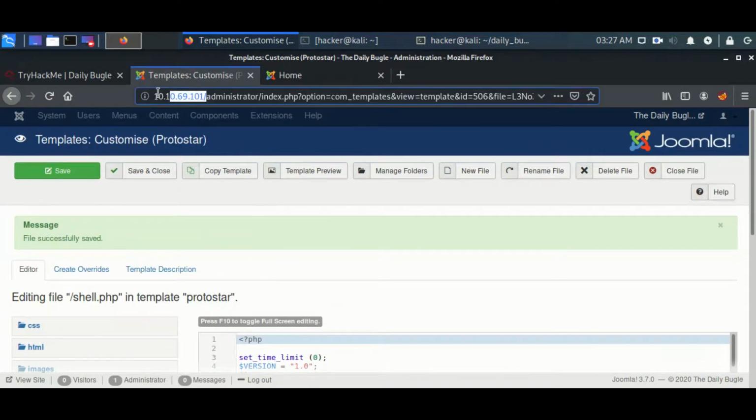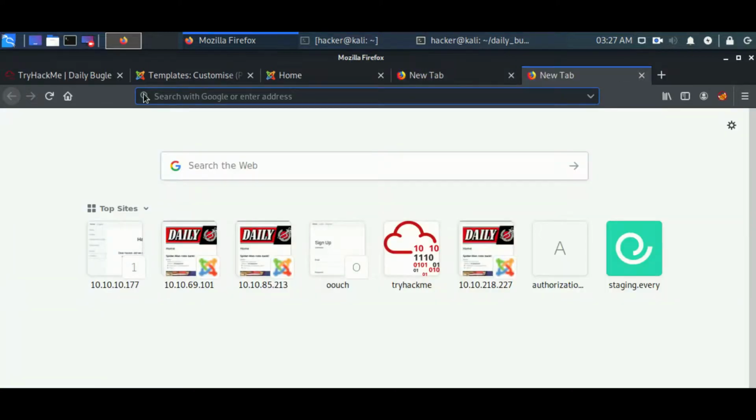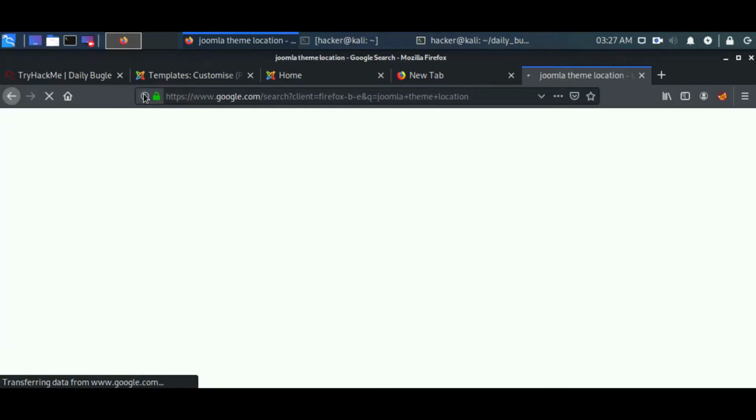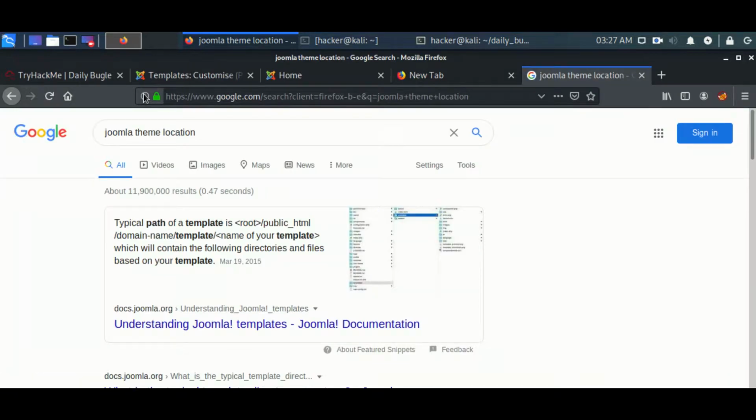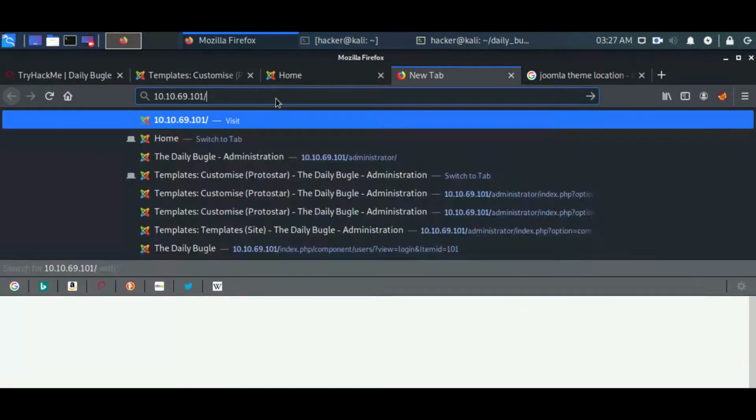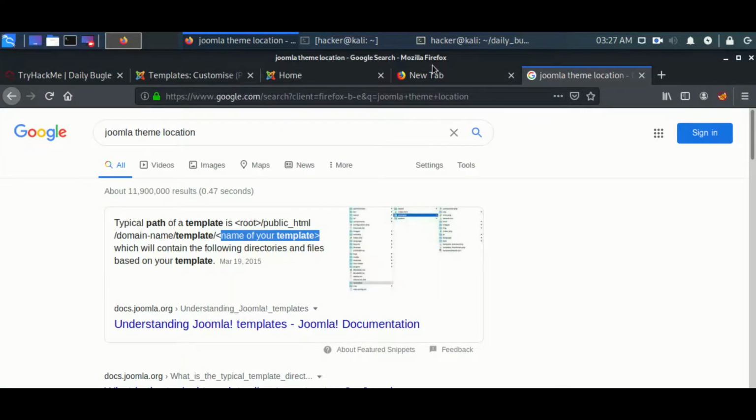Now let's request this file from our browser, but before that I will have to know the path of this file. So let's check that. Joomla theme locations. Oh, it's at domain name, template, and name of my template. Okay, /template, and name of my template, which